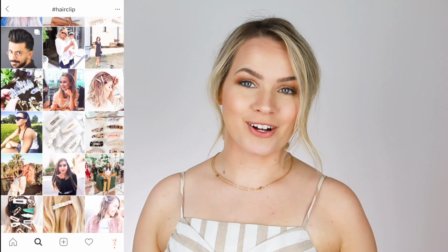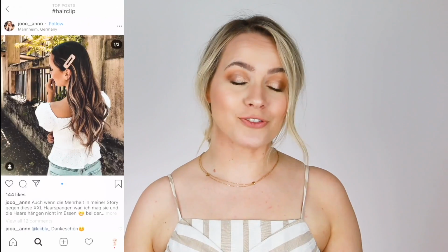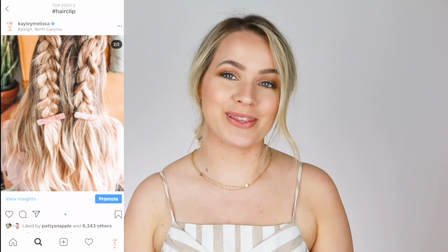So if you've been on Instagram at all, you've probably seen these clips around and they're super cute and adorable and they look like they'd be fun to wear. So at least for me, I ordered them, got them in the mail, and then I was like, great, I don't know what to do with them. So I thought I'd make a video to help you guys out in case you are in a similar boat and give you some tips and tricks on how to use them and also some hairstyles that you can wear